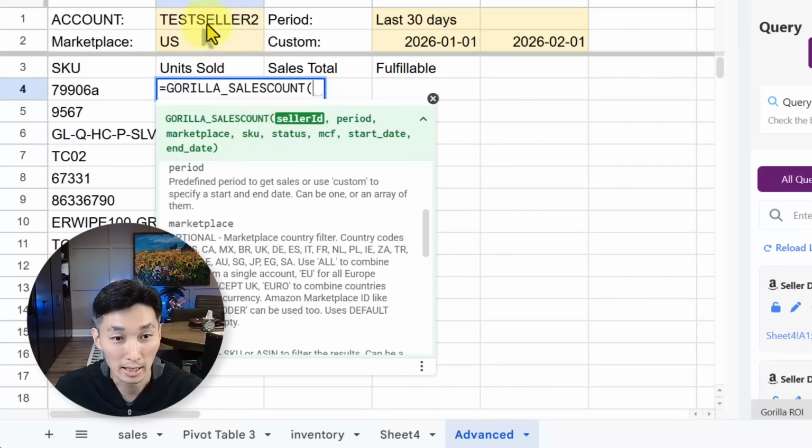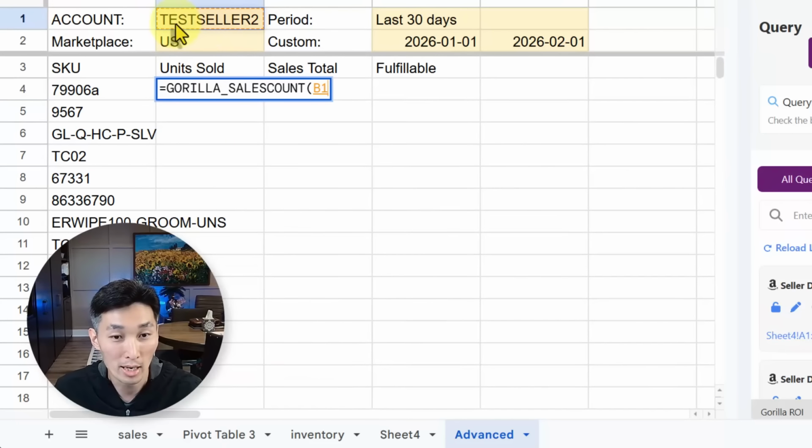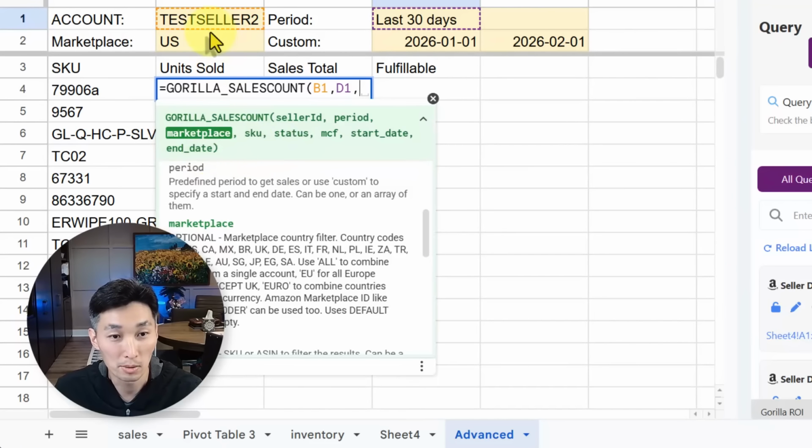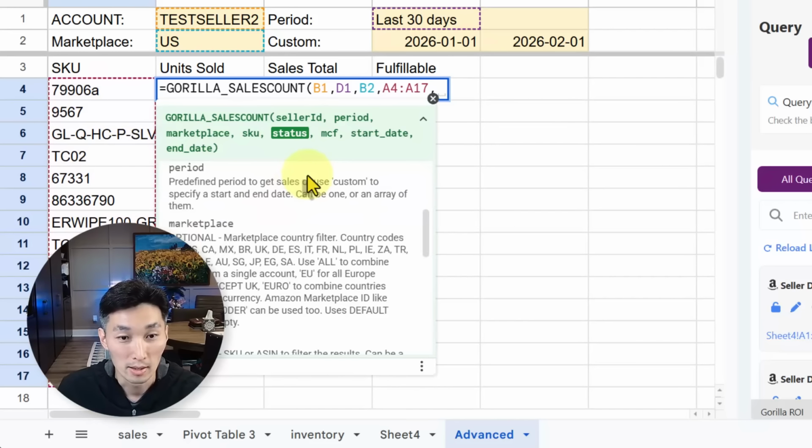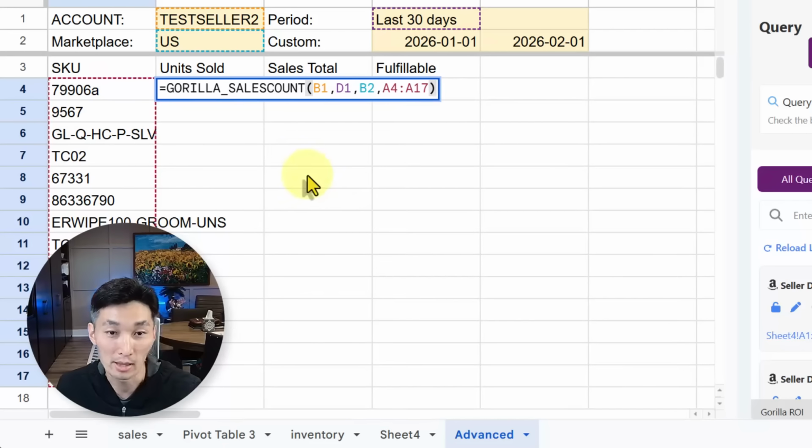Again, seller ID is B1, comma, for the period last 30 days, marketplace, US, and for the SKUs, the reason why I put SKU in column A is so that now I can just drag and select all the SKUs, comma, and I think I'm going to end it like that.